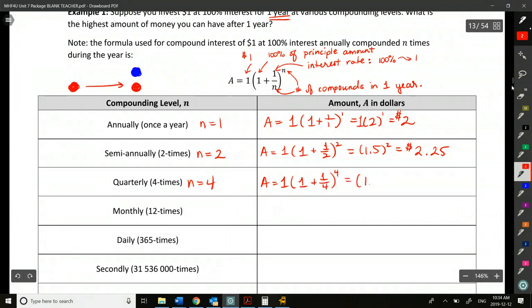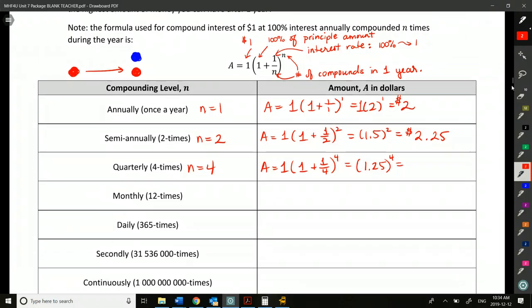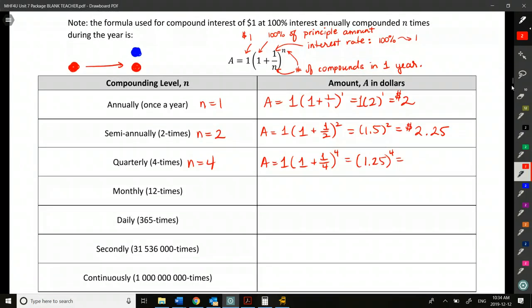Okay, so we're going to do 1.25 to the exponent 4. Okay, and I know we're dealing with dollars here, but as we continue to go down the chart here, we're going to leave a good amount of decimals